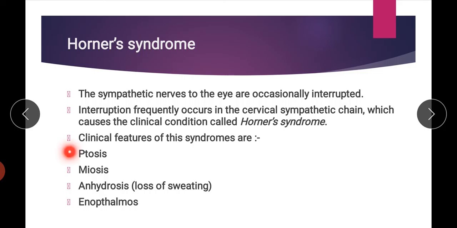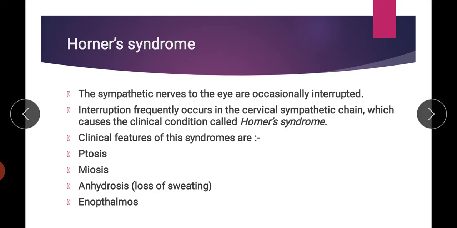Okay. Now first we see the ptosis. Ptosis means drooping of upper eyelid. Now this drooping of upper eyelid in the case of damage to the sympathetic nerve is mainly because of paralysis of tarsal muscles. The tarsal muscles are accessory muscles present in the upper eyelid, which actually help the levator palpebrae superioris to elevate the eyelid. Okay, so when these accessory muscles are damaged, it looks like the eyelid is half closed, and that is known as ptosis.